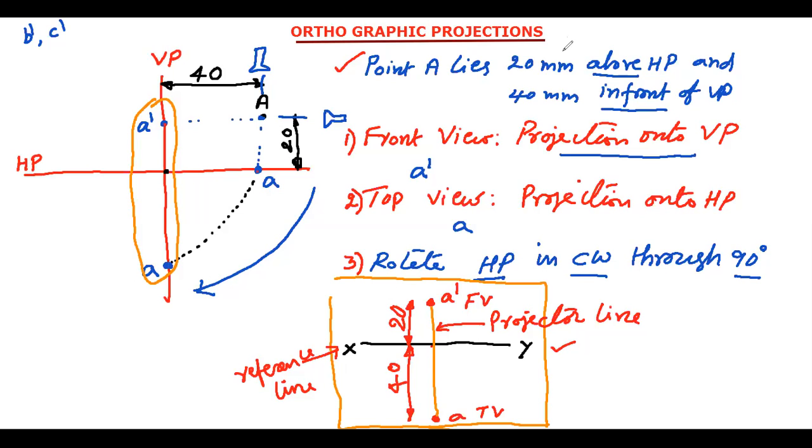Okay, dosto. So in the next video, what we will do is we will take the point in different quadrants, how we are going to get those projections and what information we can get from that. What are the salient points, everything we will see in the next class. Okay, dosto.